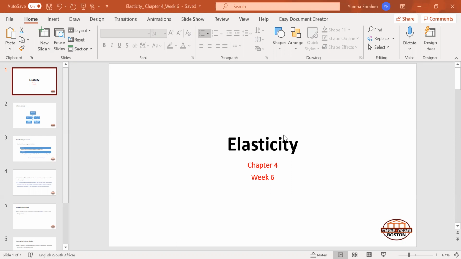So what we're looking at in elasticity is, okay, we know that as the price of a good decreases, the quantity demanded should increase. Now we're looking at by how much. We're trying to quantify the relationship: when a price drops, what is the change in quantity demanded? That's where we start to look at the concept of elasticity.